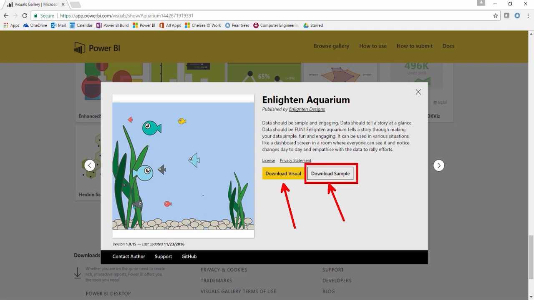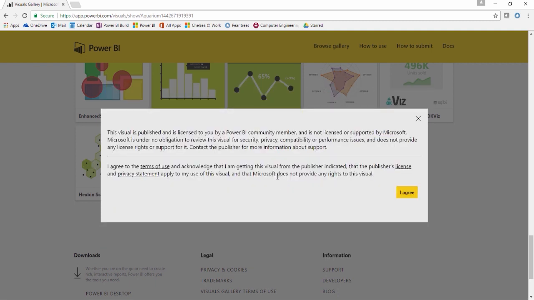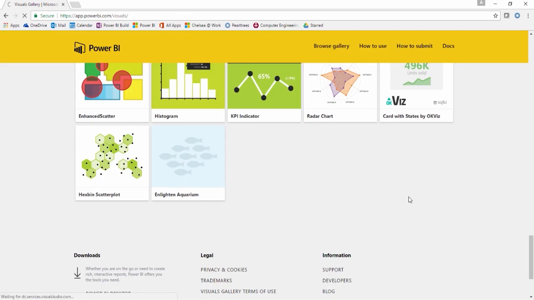The sample is optional, but what you're really going to need in order to actually get the visual and use the visual is the button that says Download Visual. So I'm going to go ahead and click on Download Visual, and you will get a message from Microsoft, and you will want to read the whole thing. I've read the whole thing before, so I'm going to go ahead and click on Agree. You'll see that my aquarium is now downloading,